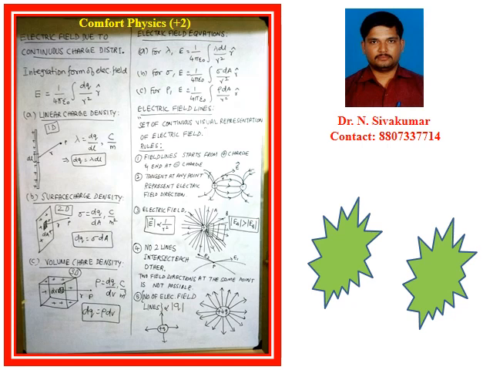So the required electric field equations become: for lambda, E is equal to 1 by 4 pi epsilon naught integration lambda dl by r square r cap. Our ultimate aim is to replace dq by a one dimension parameter, two dimension parameter and three dimension parameter. So for sigma, E is equal to 1 by 4 pi epsilon naught integration sigma dA by r square. For rho, E is equal to 1 by 4 pi epsilon naught integration rho dA by r square. Here there is a mistake. It is not dA, it is dV, rho dV by r square.